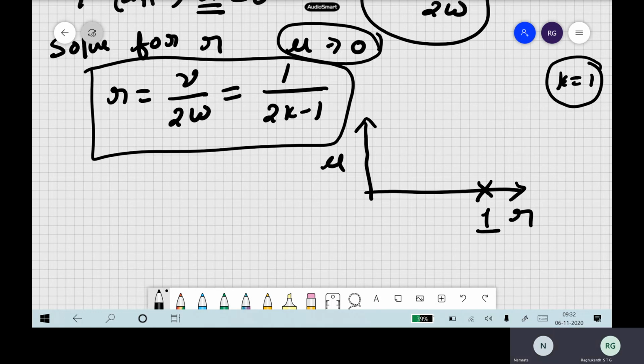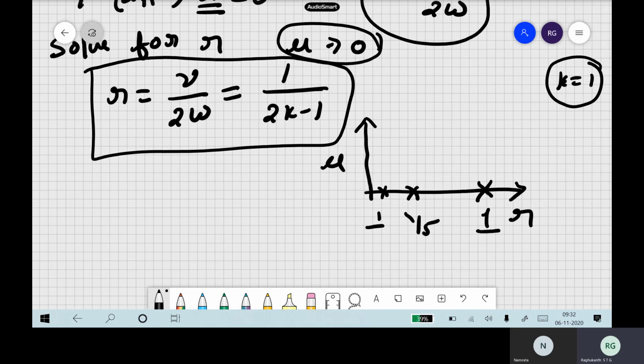2 3s are 6, 6 minus 1 is 1 by 5. You followed, right? So you have 1 by 5. Then k is equal to 5, say 2 5s are 10, so 1 by 9. So these are all the places, you followed, right? The dangerous places where the solutions become unstable. So now you can easily find out.